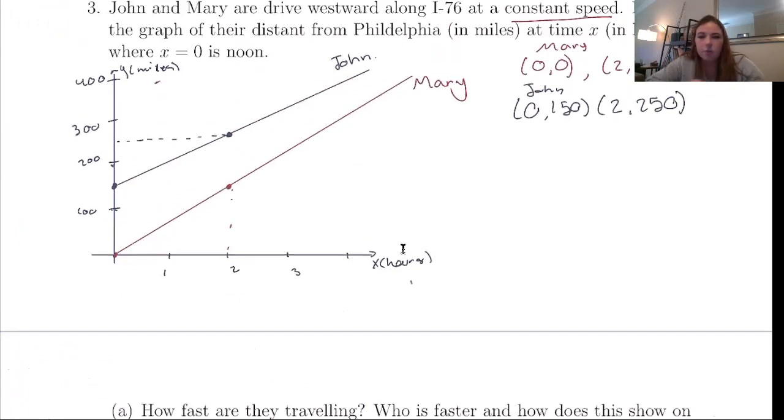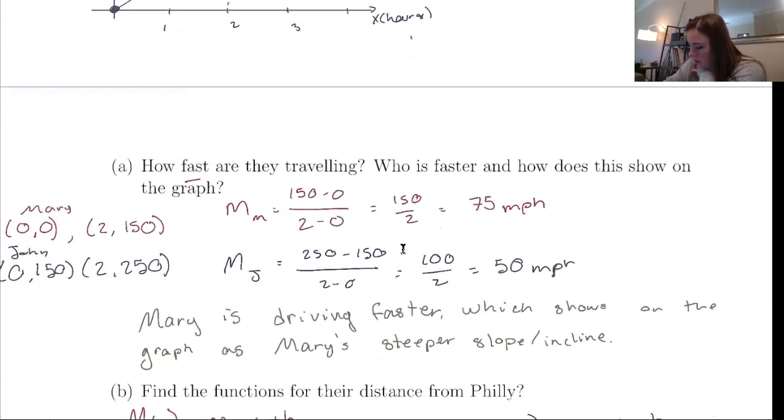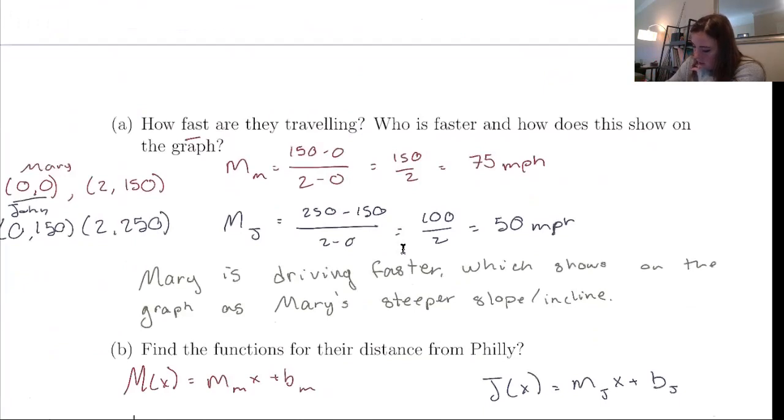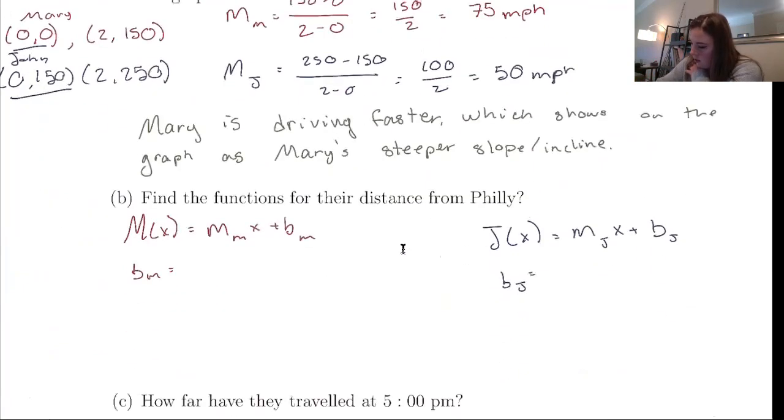Looking at this graph, what is Mary's initial condition and what is John's? So Mary's is 0, right? She's right at the intercept. And John's is, we're going to say about 150, right? We actually already had these points, which was really nice. So b sub m is going to be 0 and b sub j is going to be